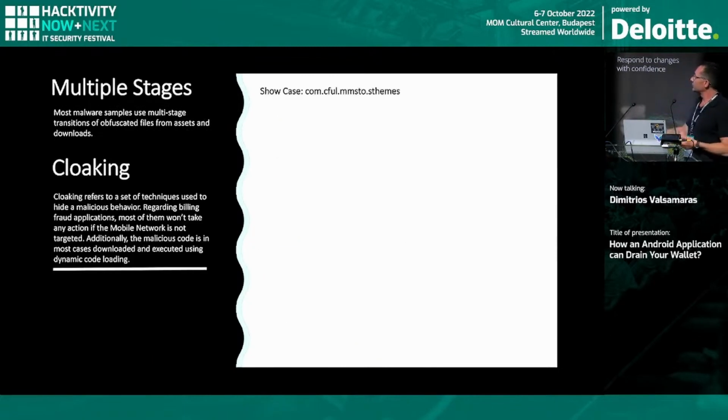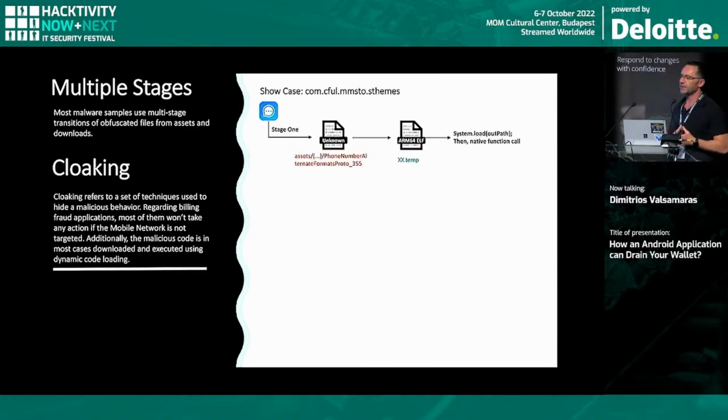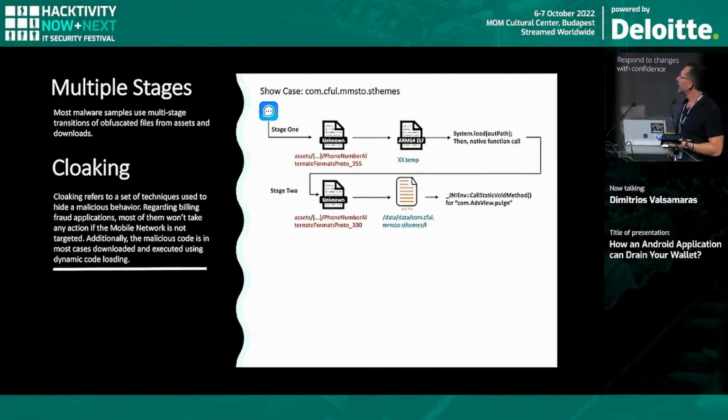All right, so to summarize this phase, what we have is the initial APK, which is an SMS application that you might even download from Google Play. There were thousands of installs of this app. In the first stage, it simply checks if it is published, and then it fetches a file from the assets directory. This file is an ELF file, and then it proceeds to the second stage, which is the ELF